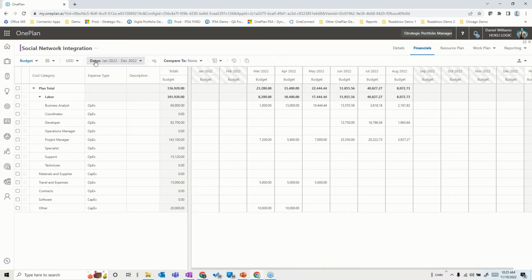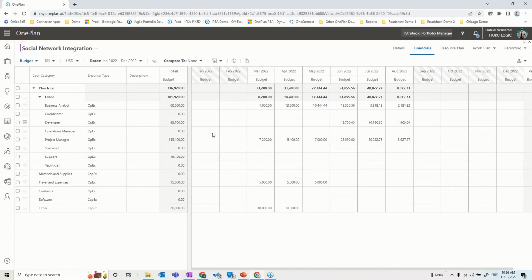So notice I'm looking at just this current year. I can set whether or not I want to look at months or quarters or years. I can get this down to even weekly increments. But the idea is I can set the horizon. And if you notice here, I've actually got some grayed out areas that show what time horizon is outside the current realm of this project, just as a help on the visual. I've also got the ability to delineate these categories between CapEx and OpEx, and I can group and summarize these things by that CapEx and OpEx designation as I go through here to further supplement what we have in this cost category structure, working out the costs.